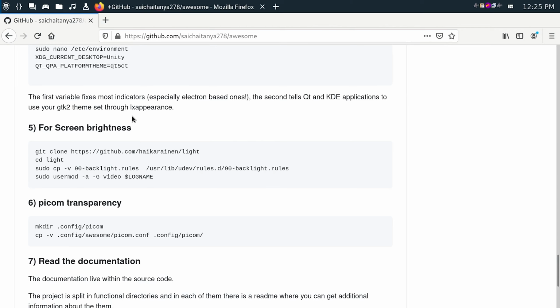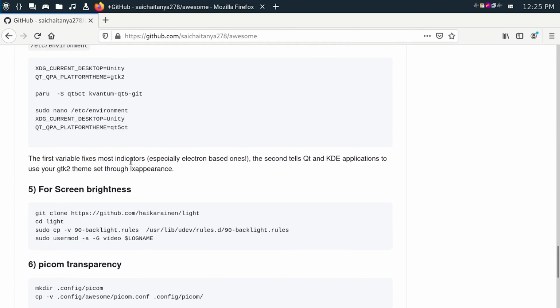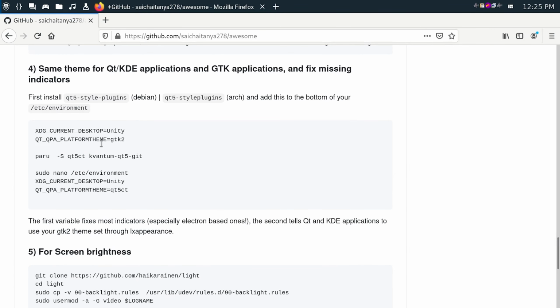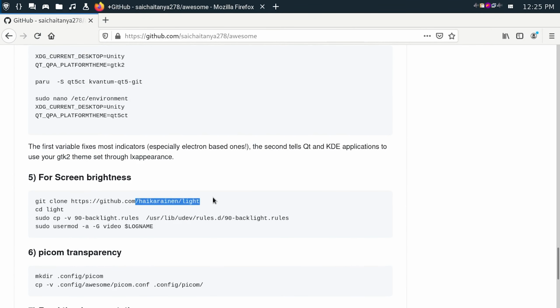If you don't get brightness controls using the shortcuts Fn brightness down or brightness up, then you need to use xbacklight, which is the default. For me it's not working, so that's why I'm using light. If you don't get light, then you need to go to xbacklight. So you need to change only here.